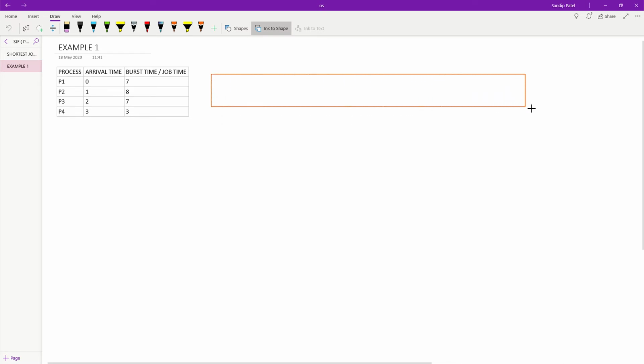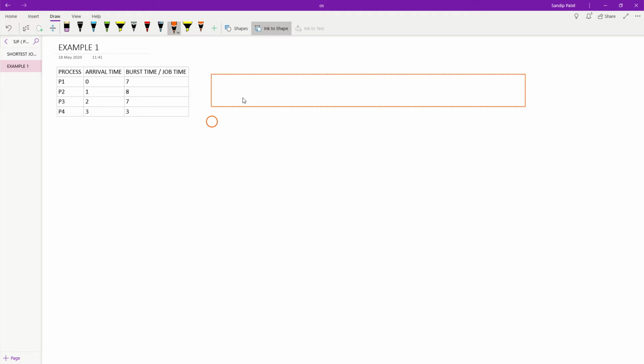Now at 0 millisecond, which process will enter into the CPU? At 0 millisecond, only one process is available, that is P1. Forget P2, P3, P4, which are right now not in the ready queue.